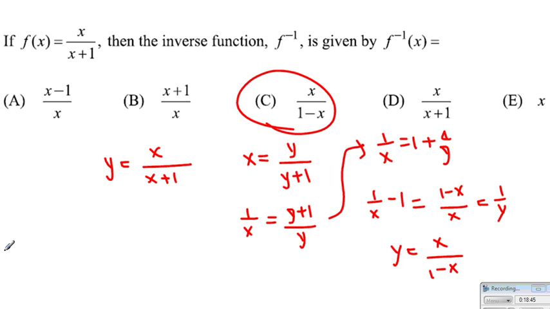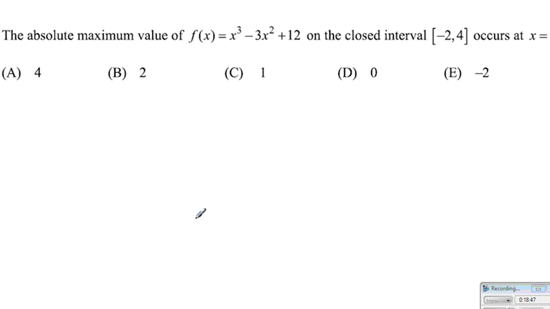Choice C. Alright, let's look at the absolute maximum. As you see the word absolute maximum, you have to look at the endpoints and also critical points. To find the critical point, we have f prime has to be equal to 0, or undefined for that matter. Here that's equal to